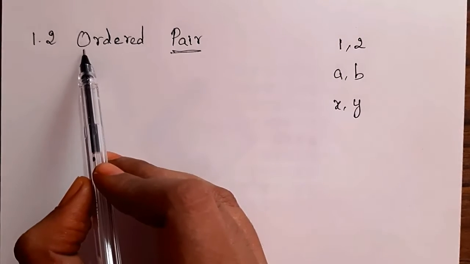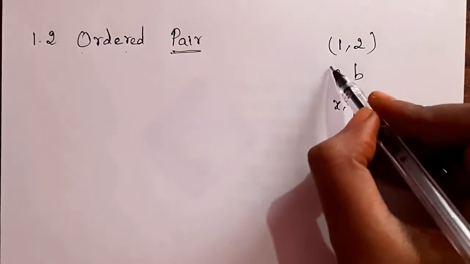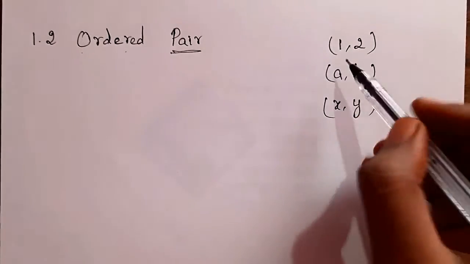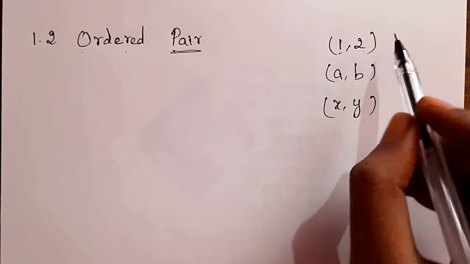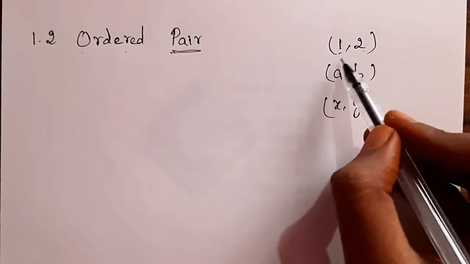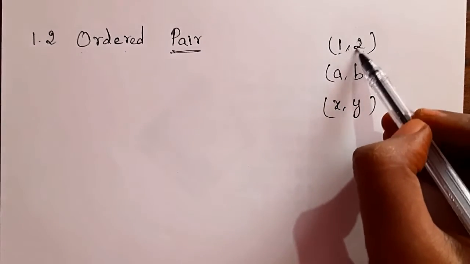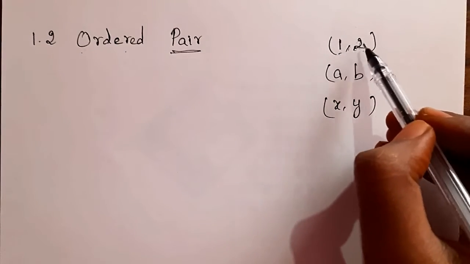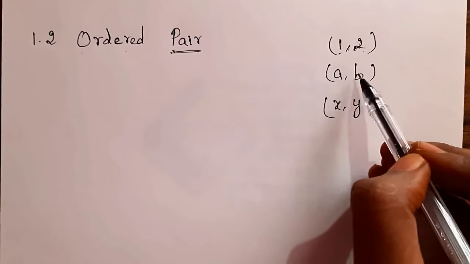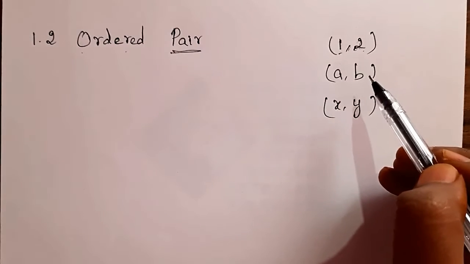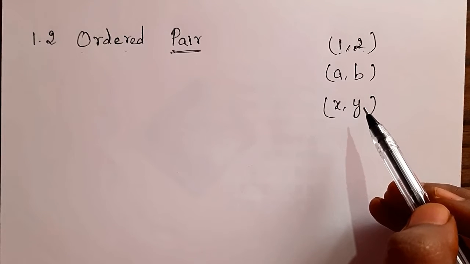Here they have given the ordered pair. You should write the ordered pair within brackets. That means these two numbers are connected with a proper relation, and that is known as an ordered pair. You cannot connect them simply. There should be a proper relation. If you say these two are an ordered pair, there should be some relation between these two numbers. How we make the ordered pair, we are going to learn now.